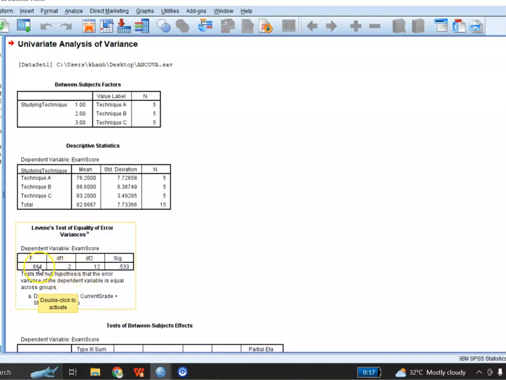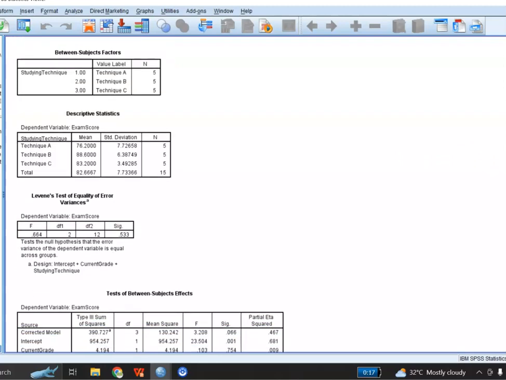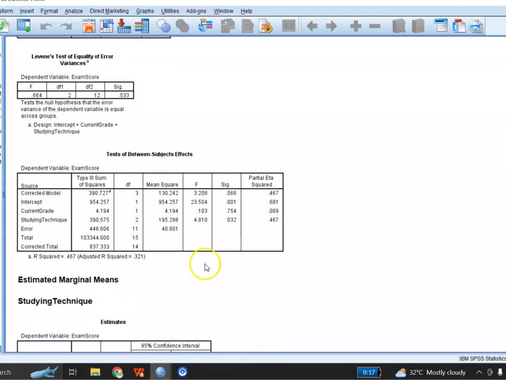Since this F statistic is 0.664 and its p value is 0.53, which is greater than 0.05, we fail to reject the null hypothesis, and we accept that the variances of the three groups are homogeneous. Here is the test of between-subject effects, and since we are comparing the mean exam score